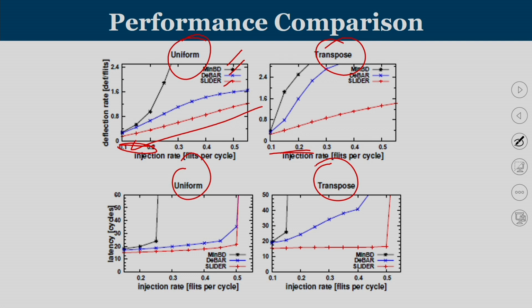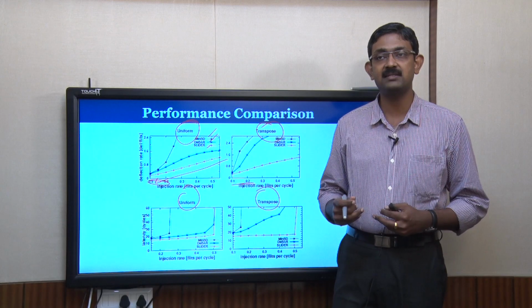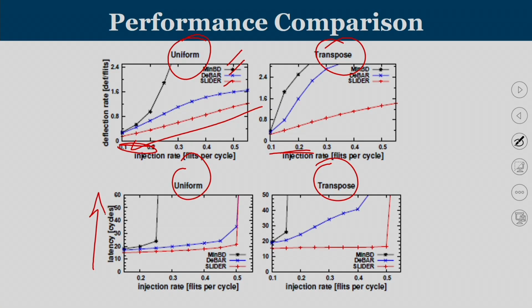The X-axis is packet injection rate, which is an indirect representation of the number of packets injected into the network, and the Y-axis is the latency. As we can see, slider offers a lower packet latency. The red graph is lower than the blue. Blue is D-bar and slider is the red one. Slider has a lower packet latency than D-bar, and the point of saturation of slider is also later. So, slider can accommodate more traffic. It can manage congestion better than D-bar. Similarly, this trend is visible here, with a lower packet latency than D-bar.